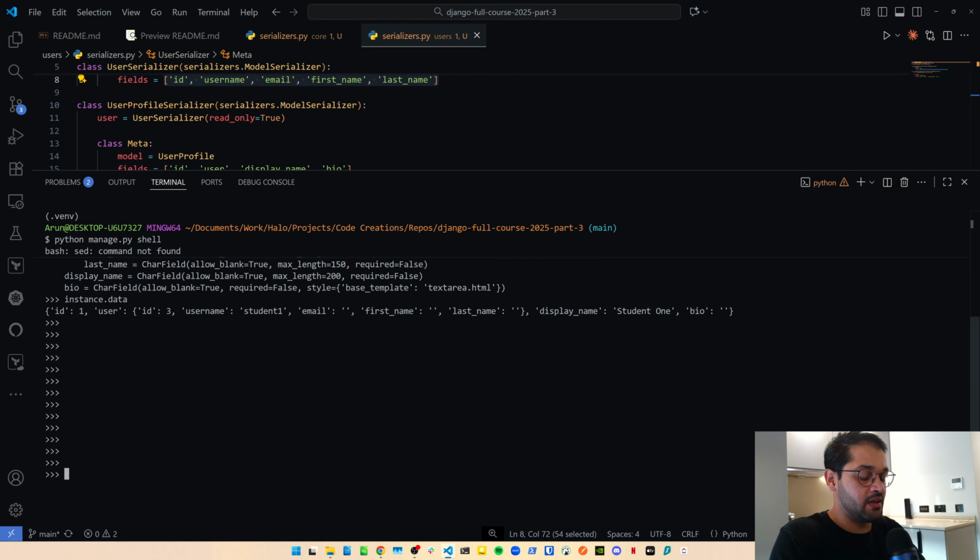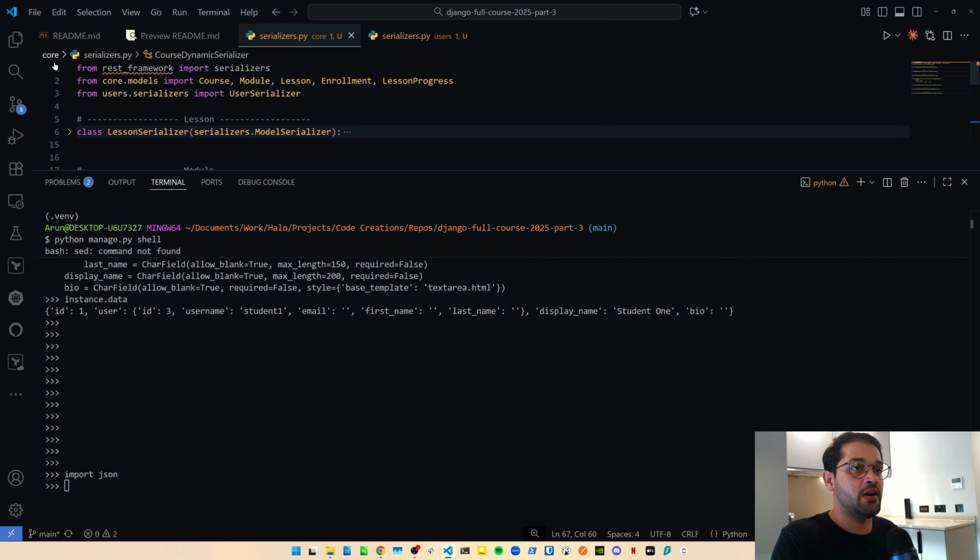Now what I'm going to do to make the viewing experience for some of the serializers coming up a little bit easier is I'm going to pretty print them using JSON, because some of these responses will get quite large. So now let's go over to the core application, and what I need to do, I'm going to copy this in fact. I want to import all of the models from the core app. That's good. Now I want to import all of the serializers. So from core.serializers,